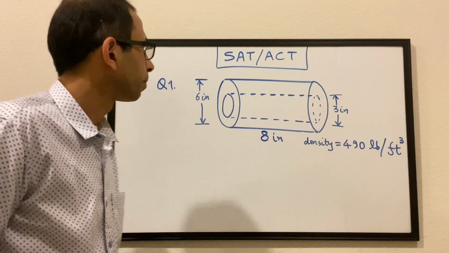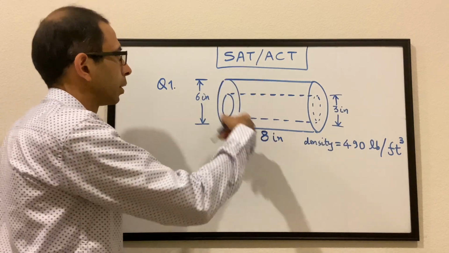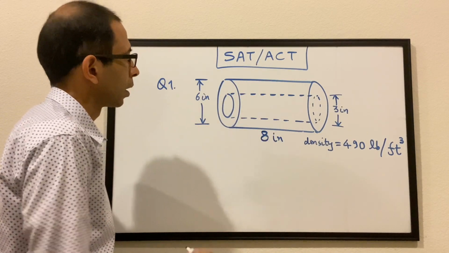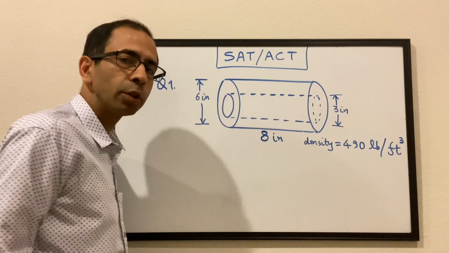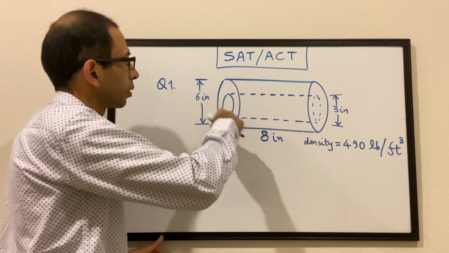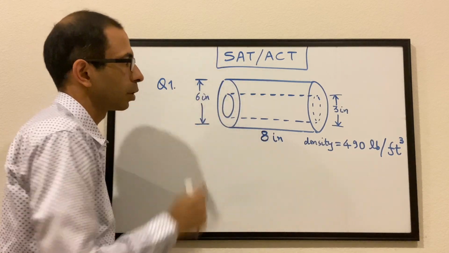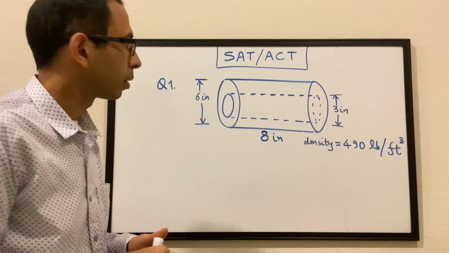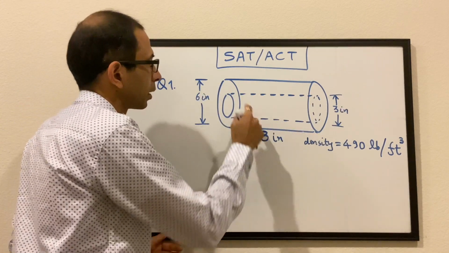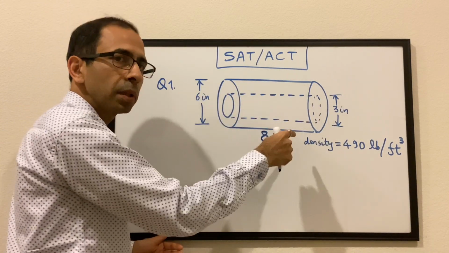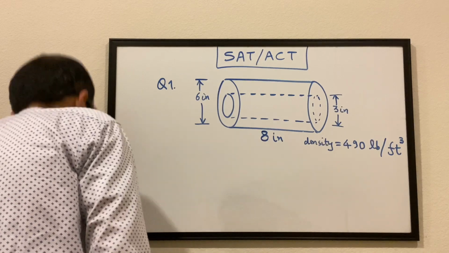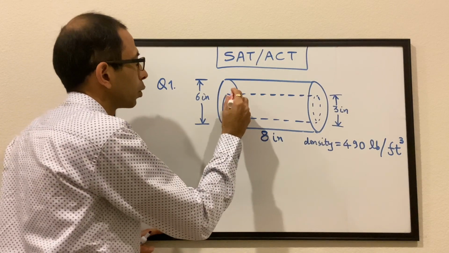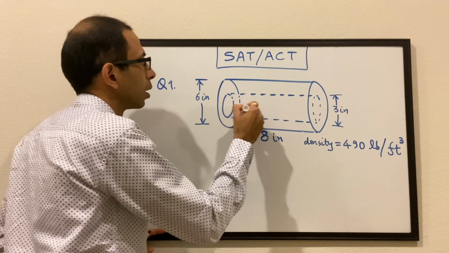Question number one. So we have a right circular cylinder here. The height of the cylinder is 8 inches. The diameter of the cylinder is 6 inches. And then from that cylinder, we are taking a piece out, right? So this dotted cylinder which we see in the middle, that's the portion which we are going to take out, right? So we're going to drill a hole here,